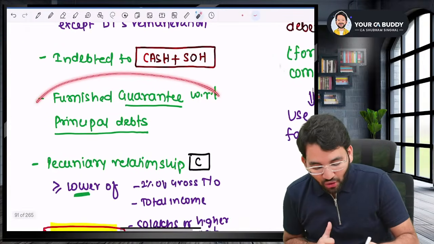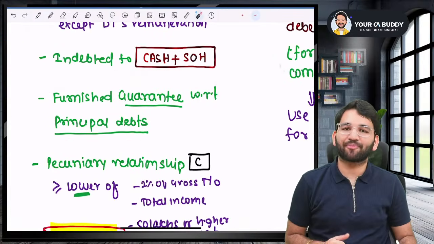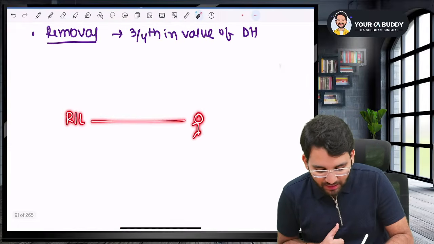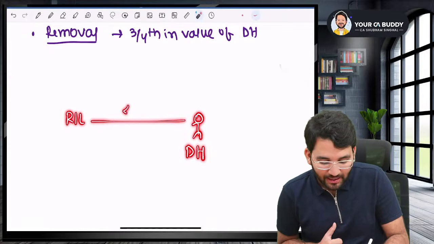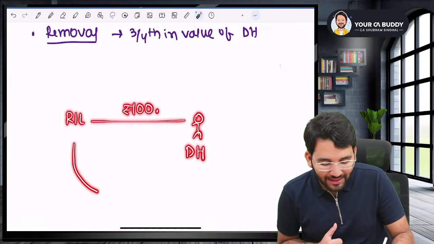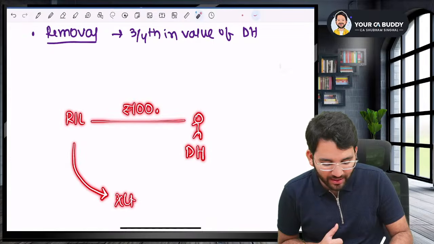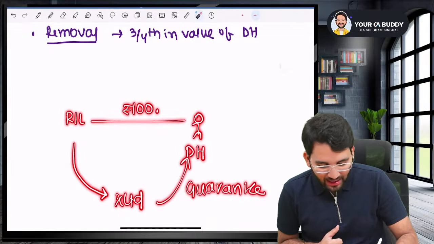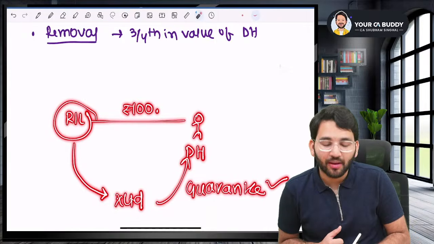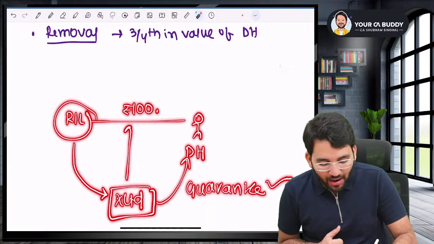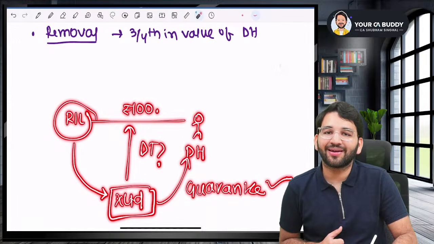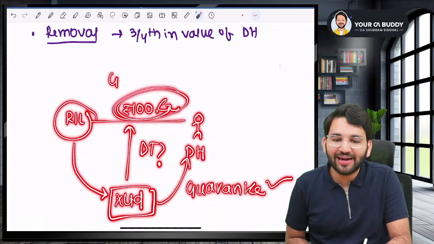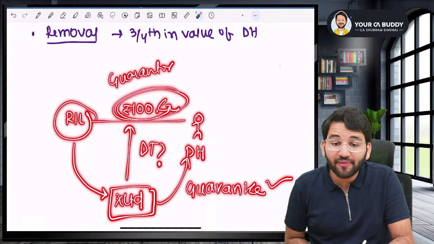After that, sir, you have not furnished a guarantee for the principal debt. Listen to me very carefully. If Reliance has issued debentures, these people are debenture holders. They have given rupees 100 crore. Reliance found someone, X Limited. X Limited gave a guarantee that don't worry, if Reliance doesn't pay, I'll pay you the money. Now, can X Limited become a debenture trustee? No, sir. He's the one who has given the guarantee for this 100 crore. So the person who has given a guarantee is called a guarantor. He is the guarantor for the principal debt.